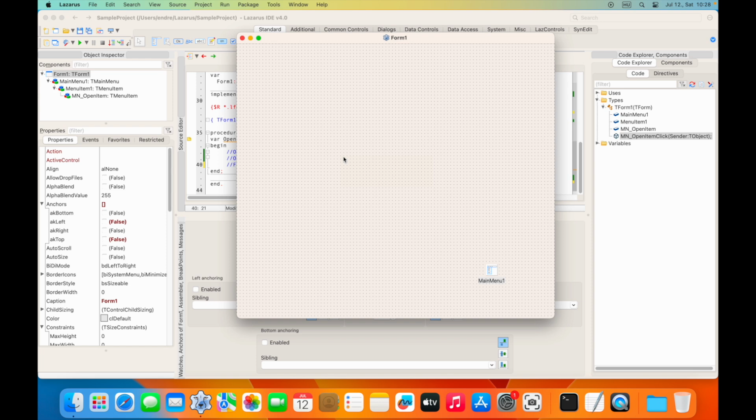Hi. Last time I was showing you the Lazarus environment IDE and also some basic features of the IDE, and how you can create your applications, how you can set up a main menu and so on, and open up additional forms. But let's go a little bit deeper into the form creation and design time